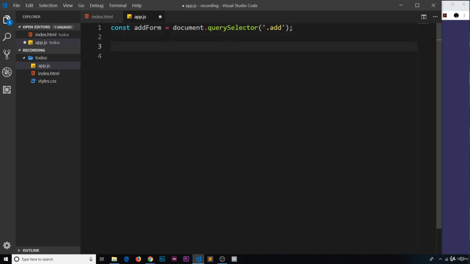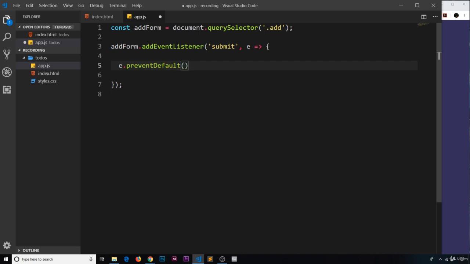Now we need to attach an event listener, a submit event listener to this form. So we'll say addForm.addEventListener, and then we're listening for the submit event. So when that happens, we take the event as a parameter into the callback function. Now in here, the first thing I'm going to do is prevent the default action, and that stops the page from reloading. So I'll say e.preventDefault,